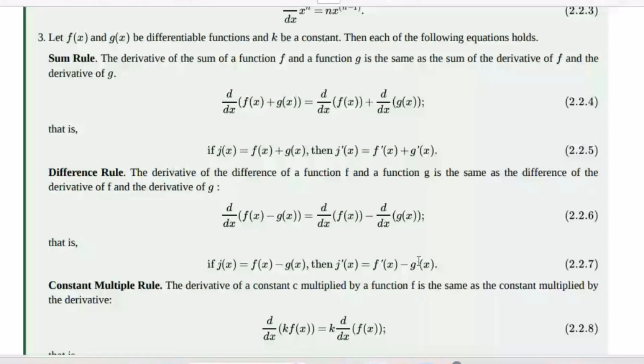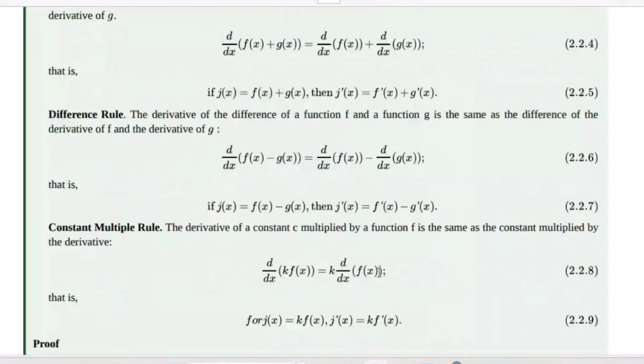Any question on the difference rule? No, sir. No question, sir. Okay, thank you. Now,